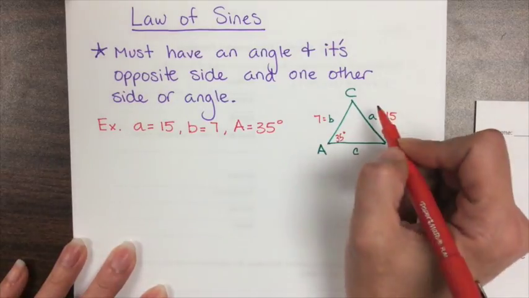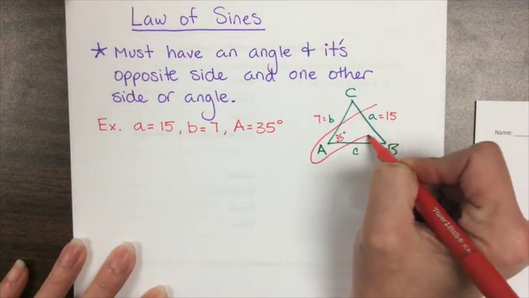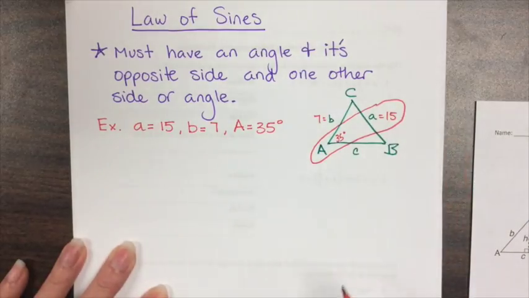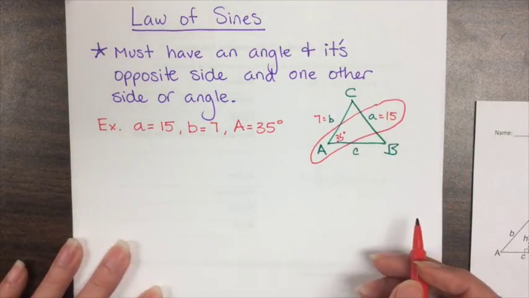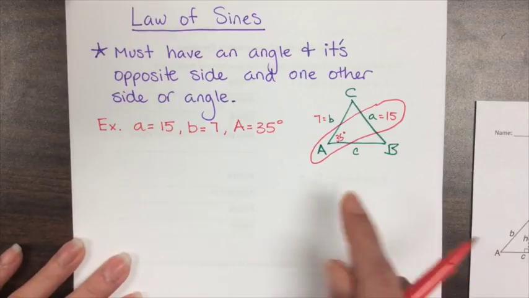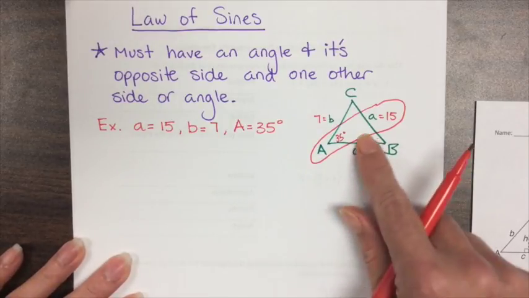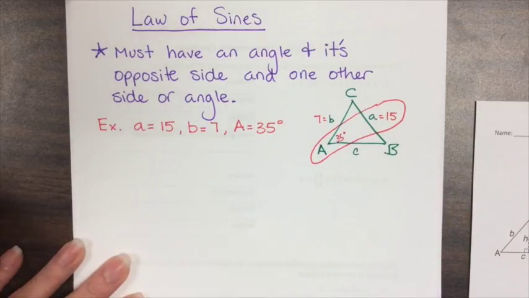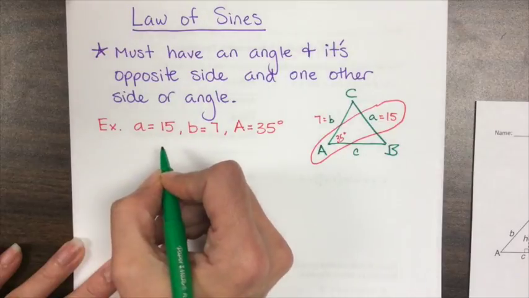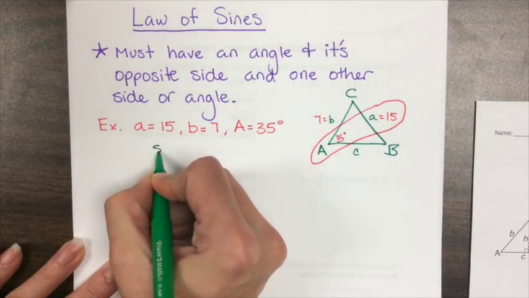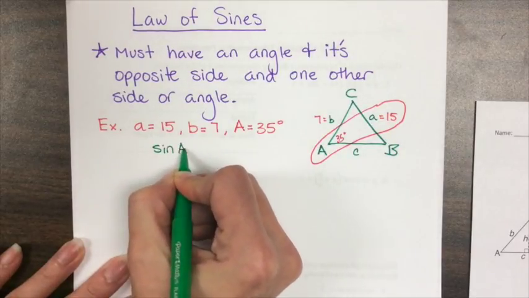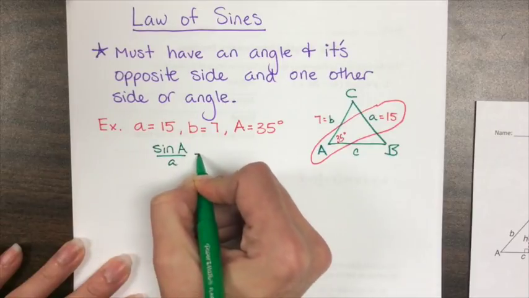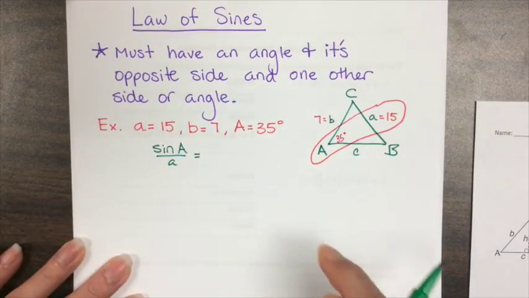So we have this right here. I call this an opposite pairing. And if you have that and one more piece of information, you can use law of sines. So we're going to start with side A and angle A. So the formula that we're going to use, and this is on your formula chart, is sine of A over A equals sine of